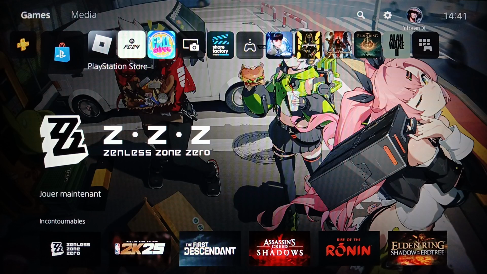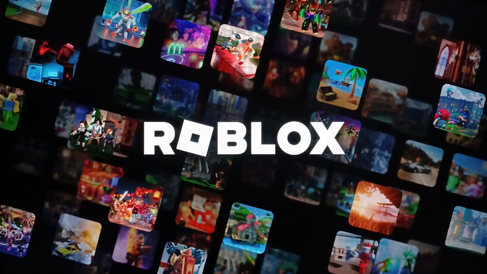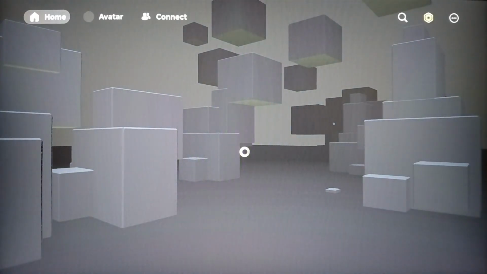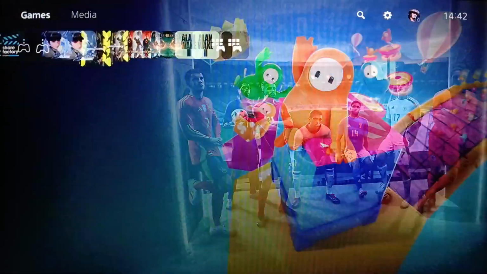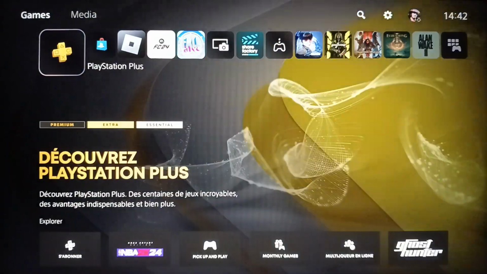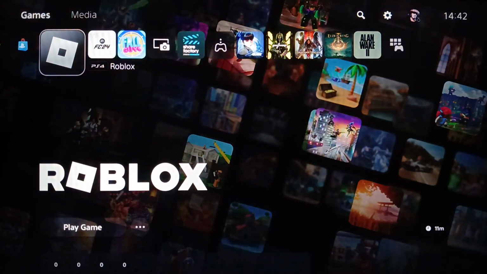So basically guys, right now, if you want to exit a game in your PlayStation 5, first of all, go ahead and we're gonna start a game, any game, for example this one, and we're gonna wait for it to load just to show you guys how you can close it. So basically guys, once you launch the game, if you go to the home section, for example, the game is not closed yet. So if you want to close it, the easiest way is to go to the game and